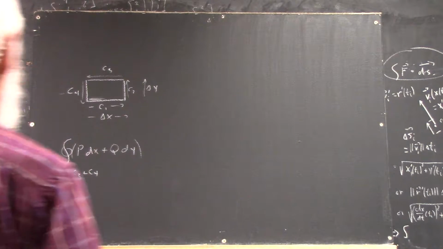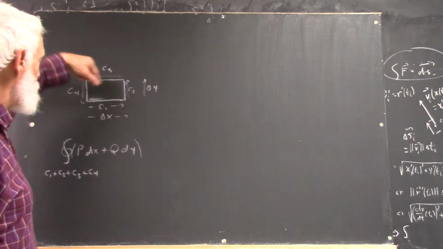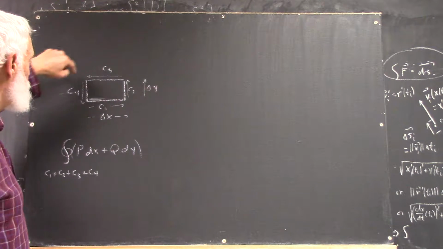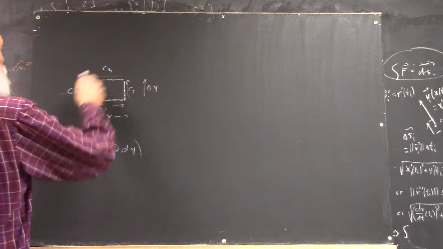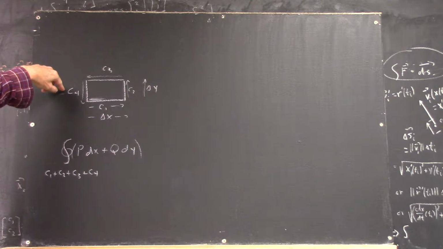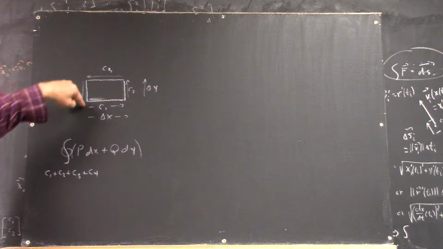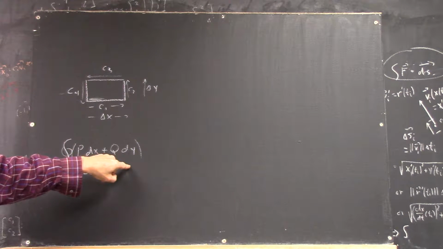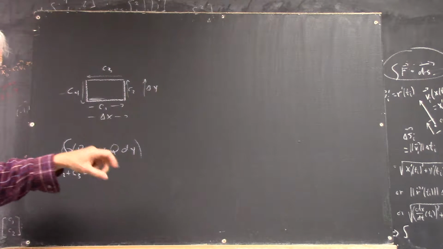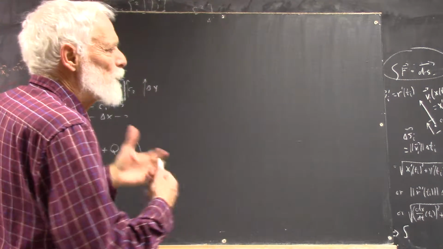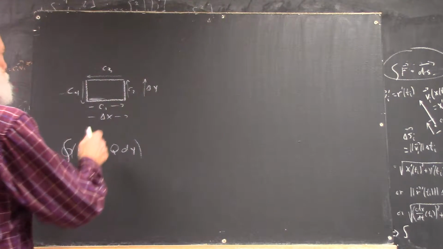Okay, so again, our situation is we have a rectangular path with a delta x, a delta y, C1, C2, C3, C4. It's a bad looking 3, it's even worse now. Okay, closed path, starting here, ending here. We want to do the integral of p dx plus q dy. Okay? So we could just say this, well, just intuitively, if we have a